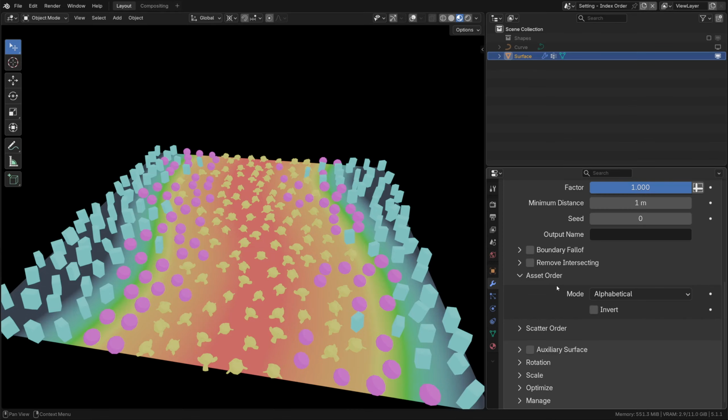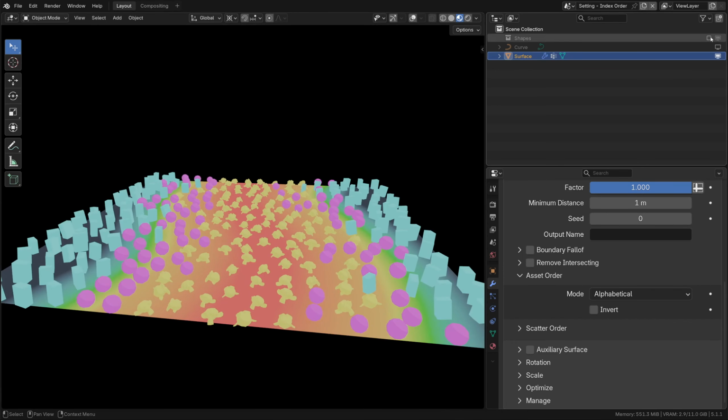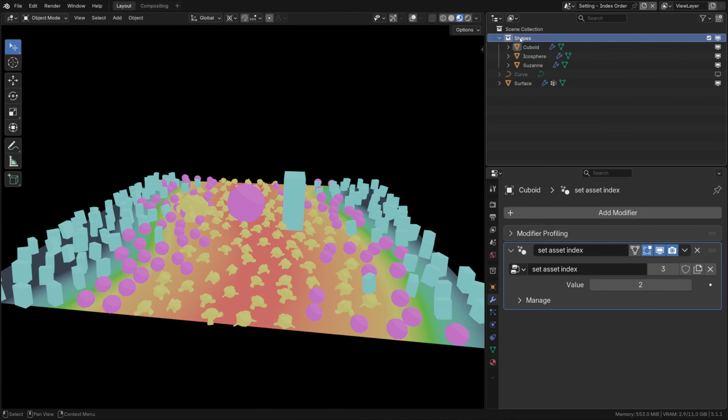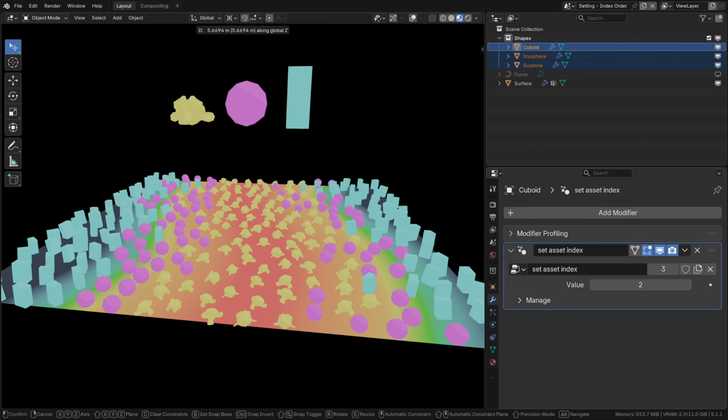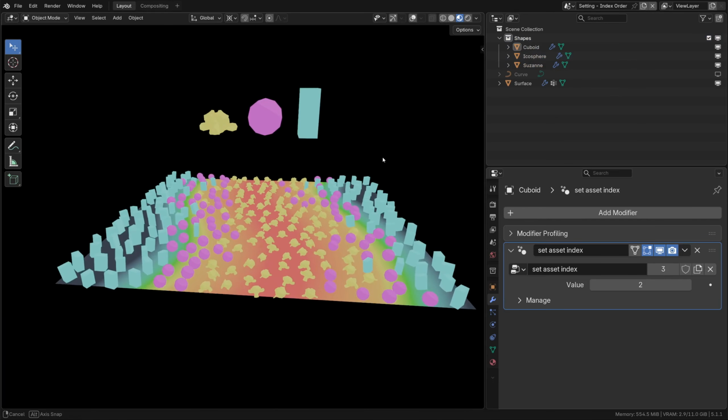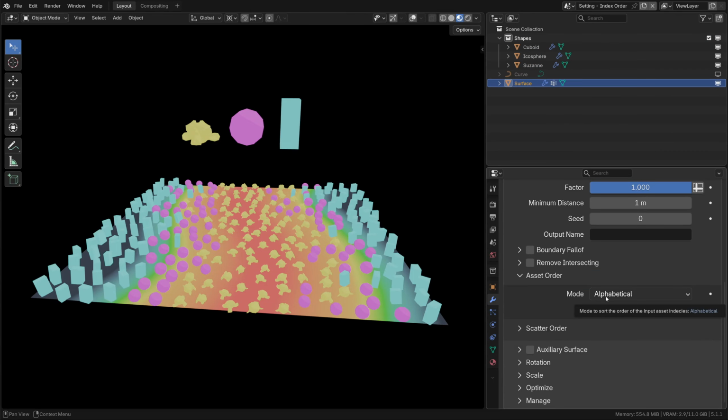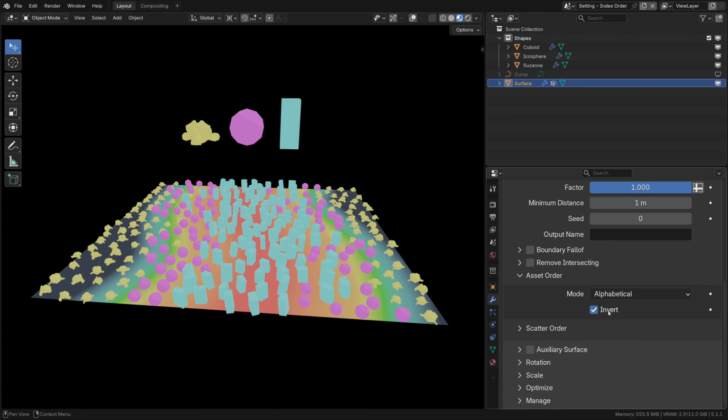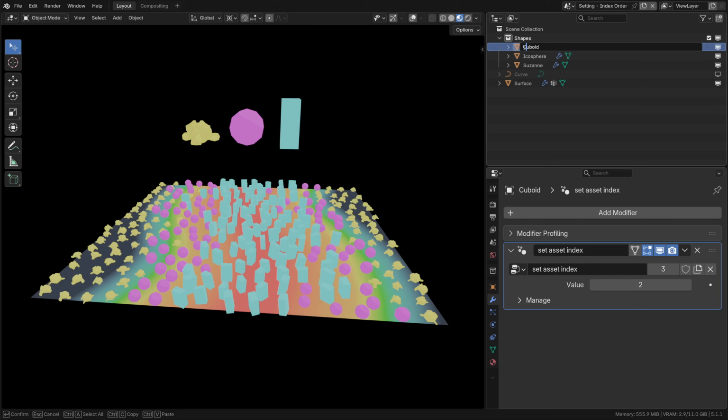Let's start with the asset order. As you can see here, we go in the order of the names of the shapes. I will move them up so they're not obstructing the view. We can either order the assets alphabetically, so here we can see cuboid, then icosphere, then Suzanne. We can also invert this, so it's the other way around, which feels more correct. So for example, if I want this to be the last one after the Suzanne here on the edge, let's rename it to